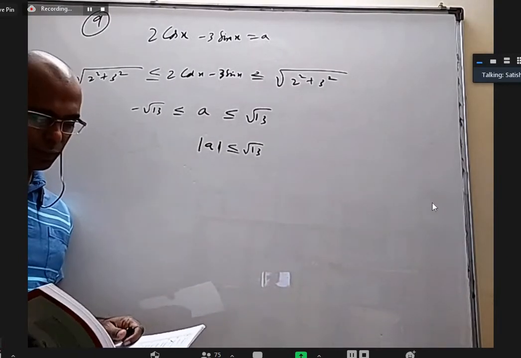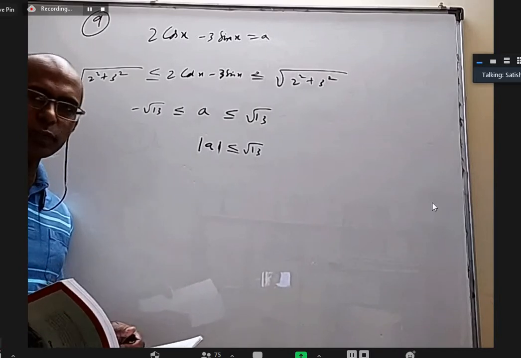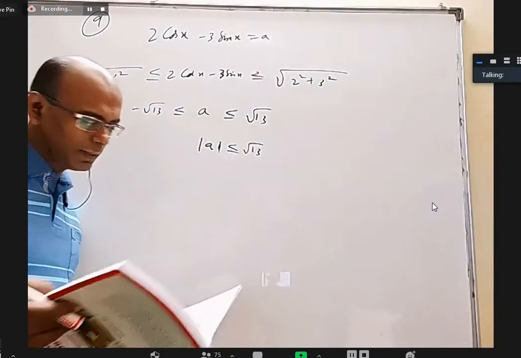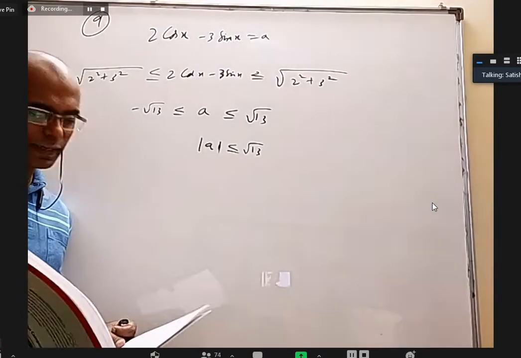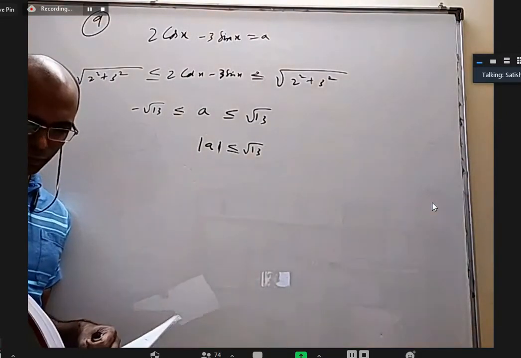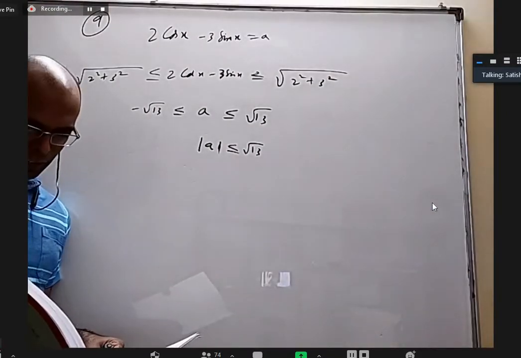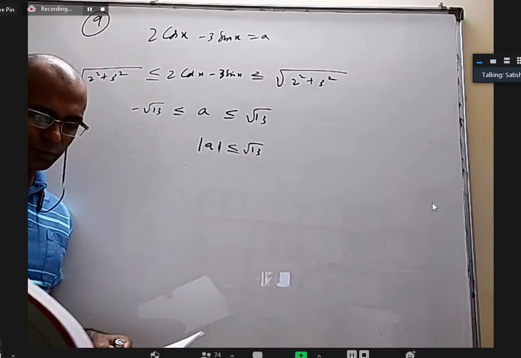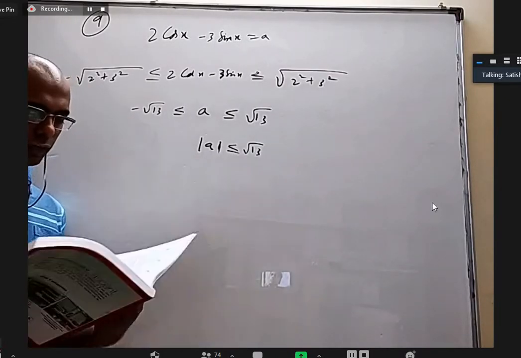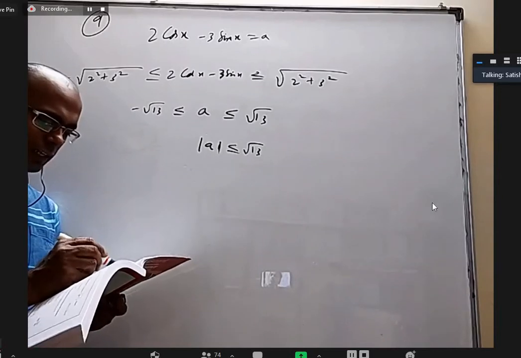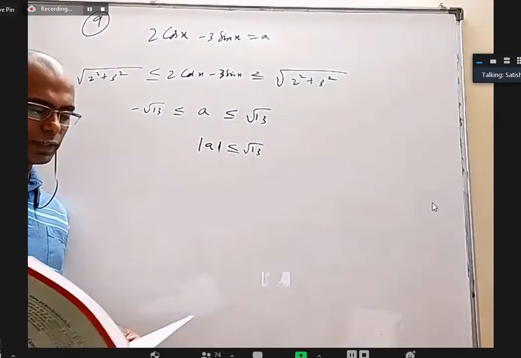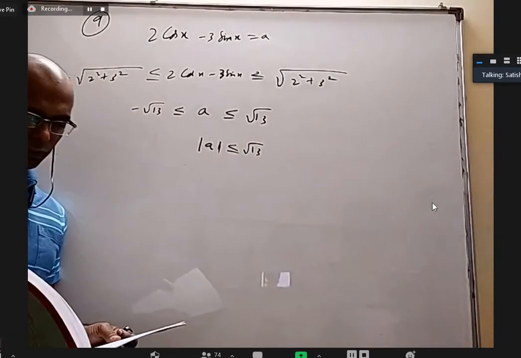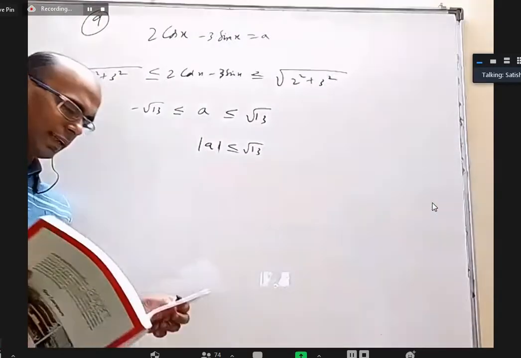By the way, here option B is more appropriate, but in a sense, all options are correct. Because in the question they did not ask for the complete set of values of A for which this has a solution. If mod A is less than or equal to root 5, also you'll have a solution. And mod A is 5, no, 5 is not okay. And mod A is 1, also you'll have a solution. Option A has nothing wrong, but option B covers more. But we have to change the language of the question.